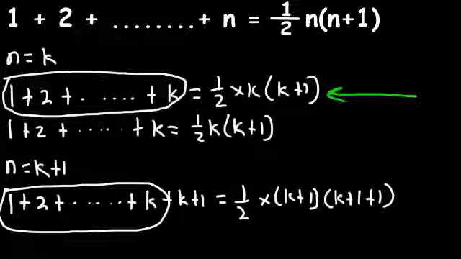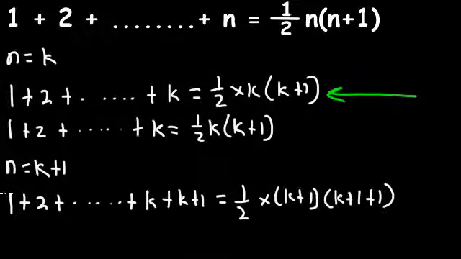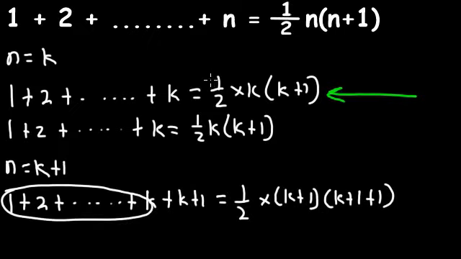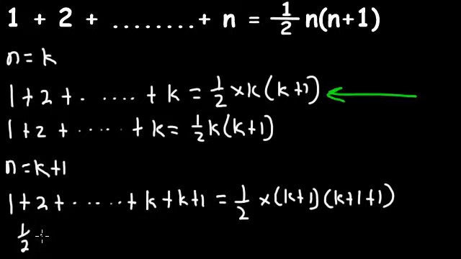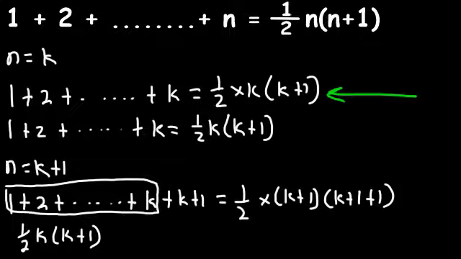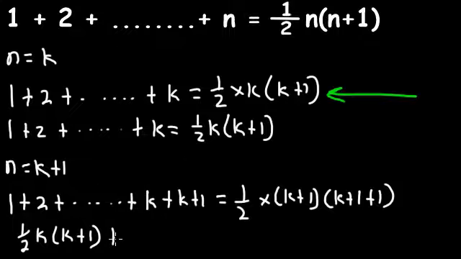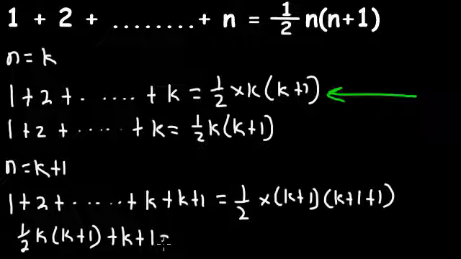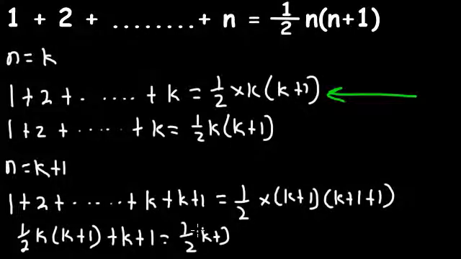Then, can't we just say, instead of this, let's plug in this because they are equal. So therefore, we now have 1 over 2 k times k plus 1. Then we have plus k plus 1 here. Okay, don't forget it's only all the way from here to this point. Perfect. Then plus k plus 1